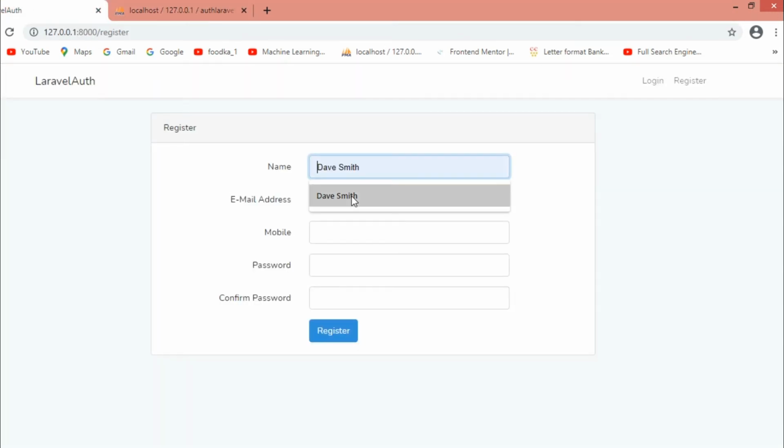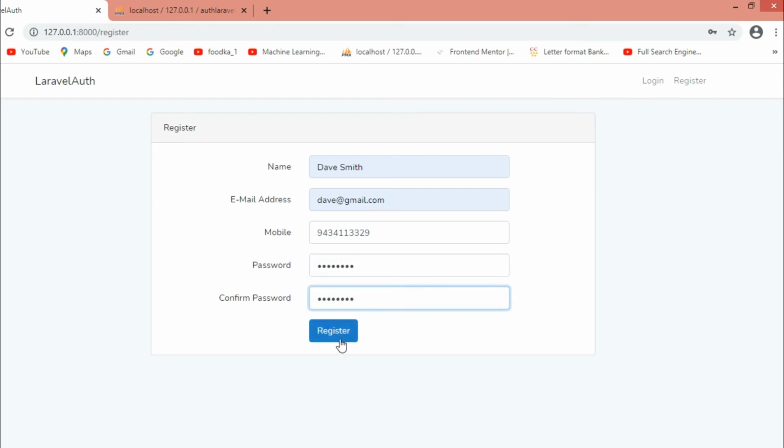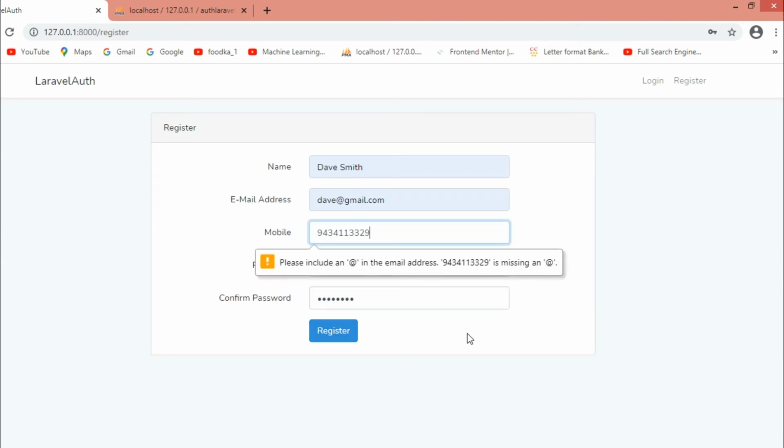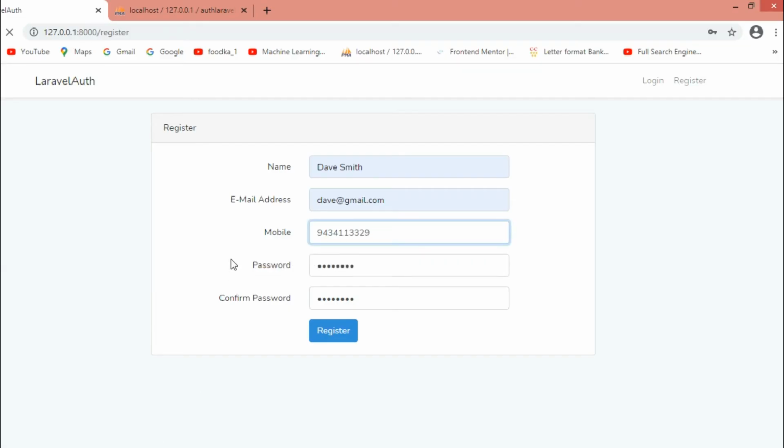So let's try to create the same user, but this time we'll be using the mobile number. Let me register the user. Okay, there's some problem with the field. It should be text. Let me refresh this.